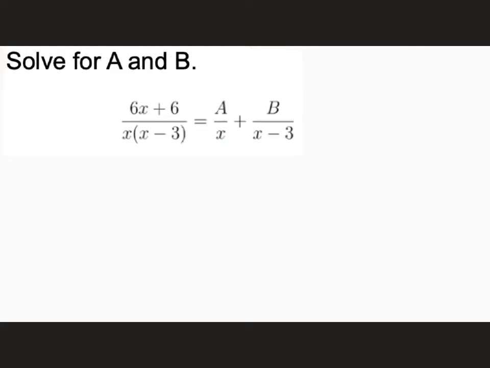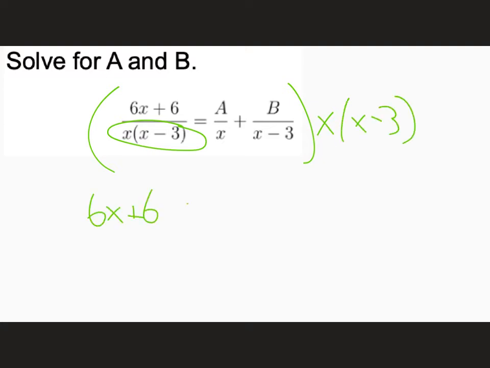All right, so another type of thing we got to do. This is related to that previous question. There's a whole bunch of fraction work we're going to be doing. This is a different step, but a similar idea. Okay, solve for a and b. This is actually not calculus. This is algebra 1. So what I'm going to do is I'm going to multiply through everything by x times x minus 3. So I'm going to have 6x plus 6 equals a times x minus 3 plus b times